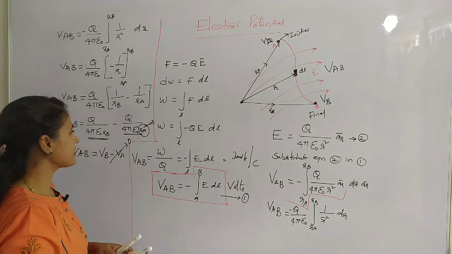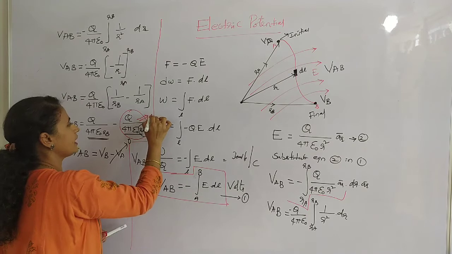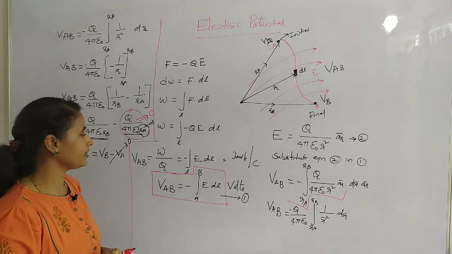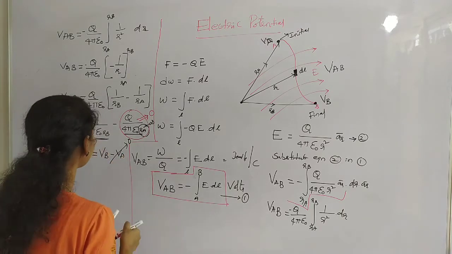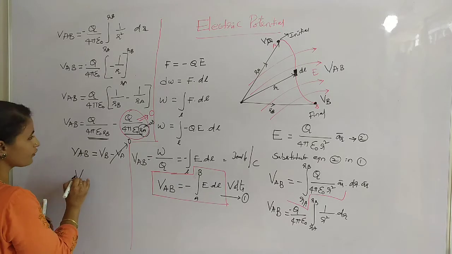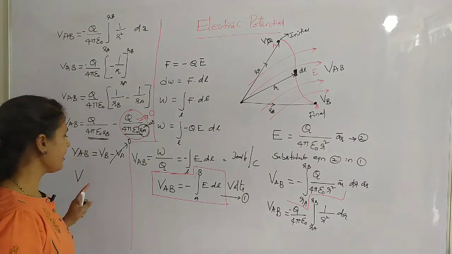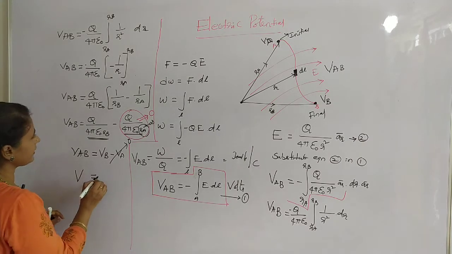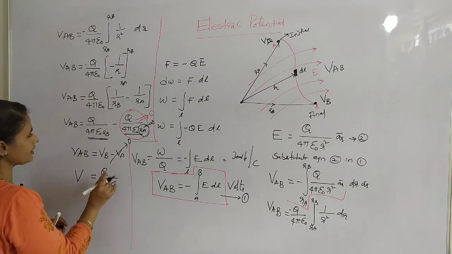So we can make the second term 0, and the potential is given by Q by 4 pi epsilon naught